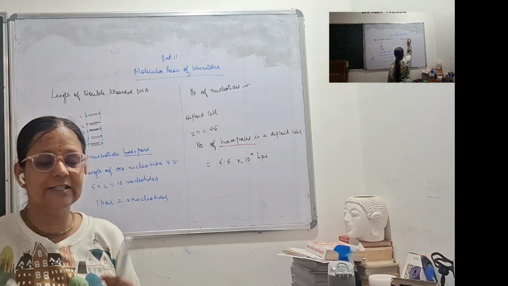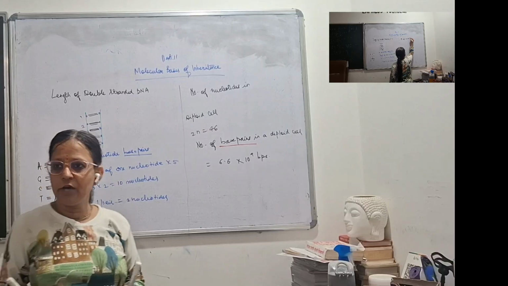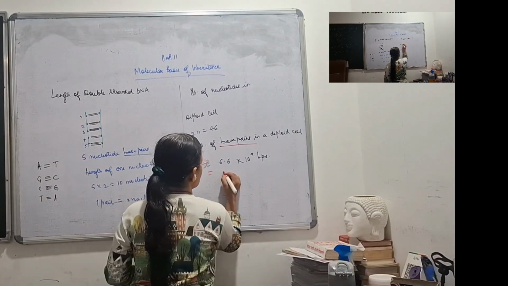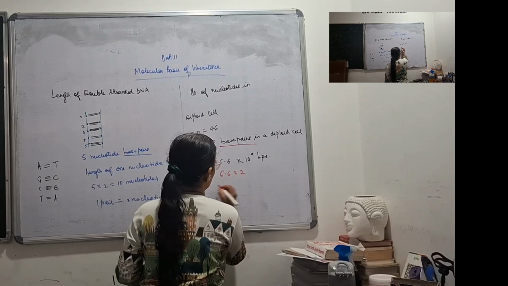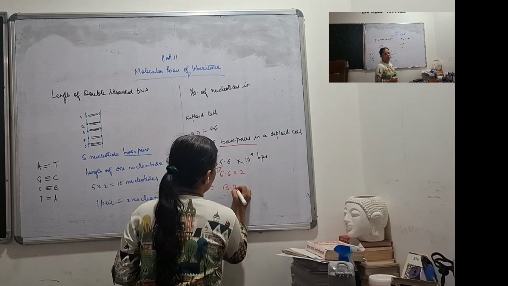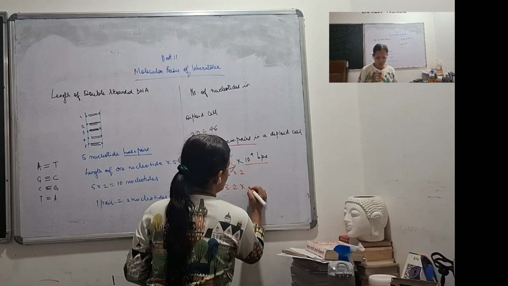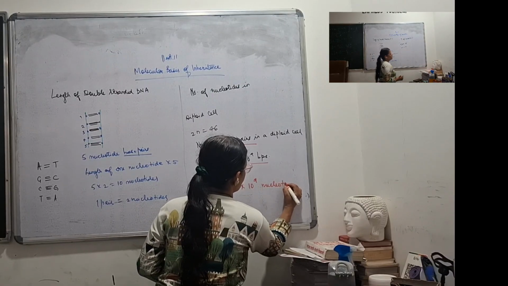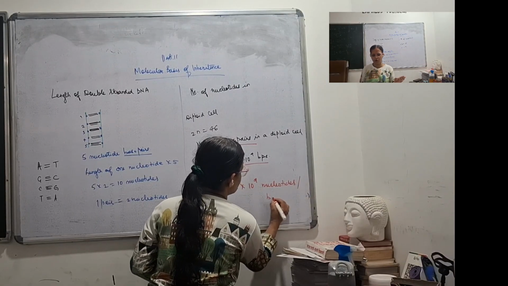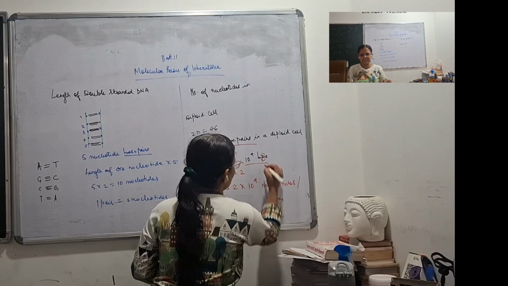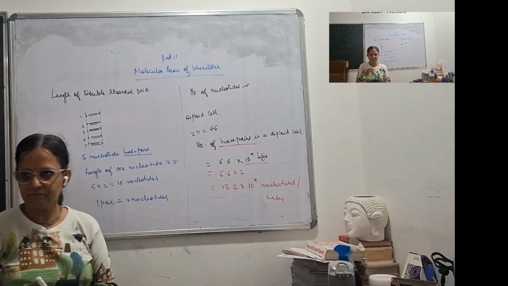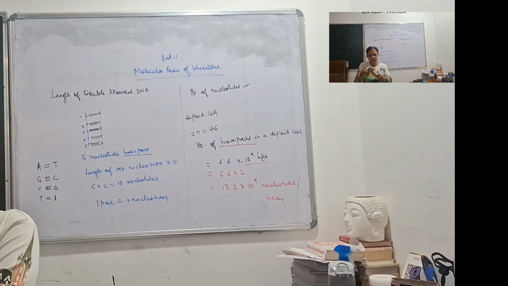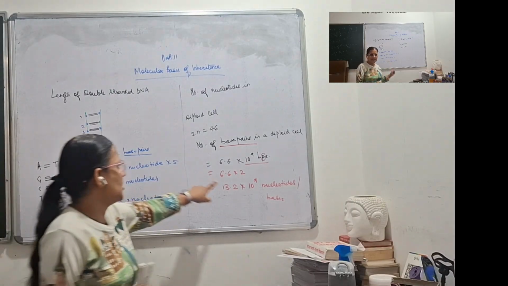Now if you calculate this in nucleotides, what will you have to do? Multiply by 2. Okay, so 6.6 into 2, that is how much? 13.2. This will remain same, 10 raised to 9 nucleotides. Okay, or I can say just bases. Now this pair word has gone, right? Because that pair I have converted into single. So I have multiplied by 2.